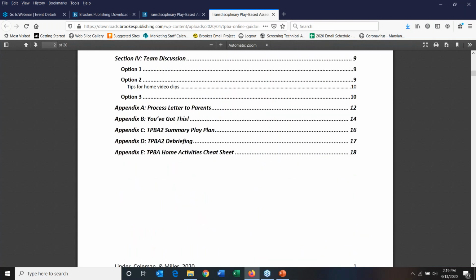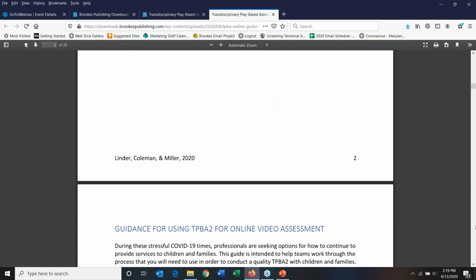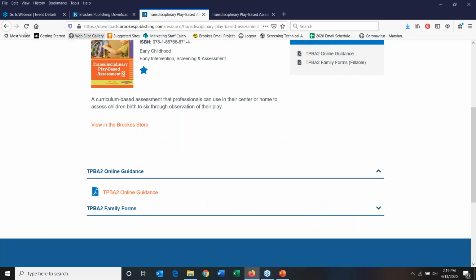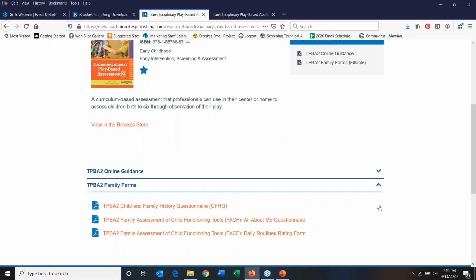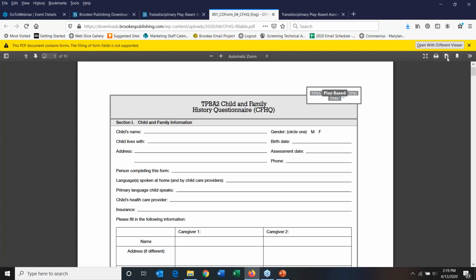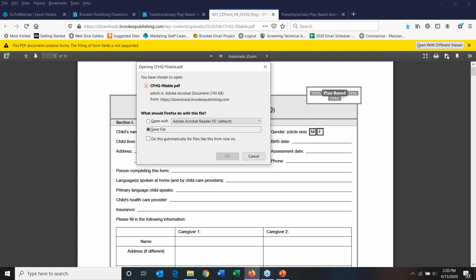This is a 20-page document about how to use TPBA, and the forms that Tony was showing during her presentation are included at the end. So if I jump back to the download hub, these are the 3 fillable family forms. So this is how you'll get access to those forms. You can click them. So you'll see this is the Child and Family History Questionnaire. So you just want to download the file,